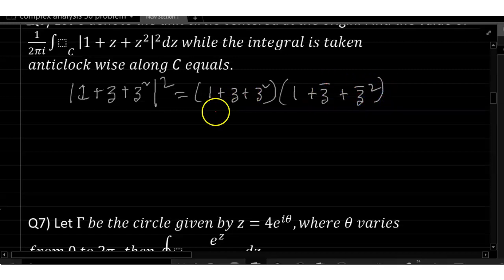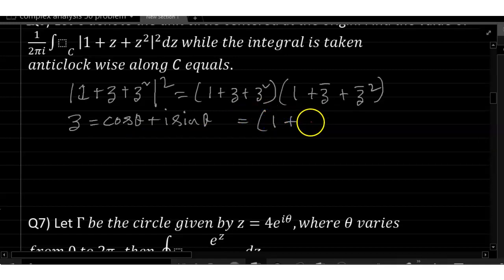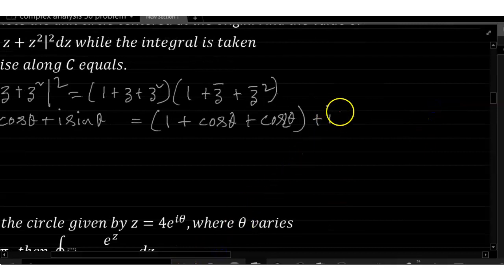Okay, I can write this way, and after that z equals cos theta plus i sin theta, so I can write z bar equals, so I can write this way that 1 plus cos theta plus cos 2 theta plus i sin theta plus,